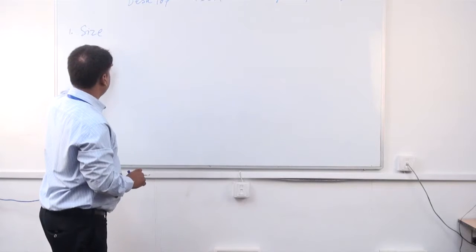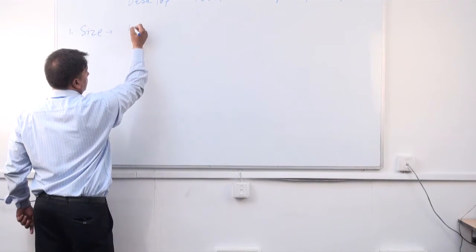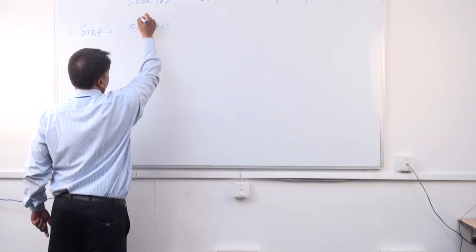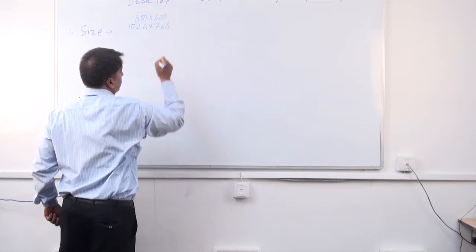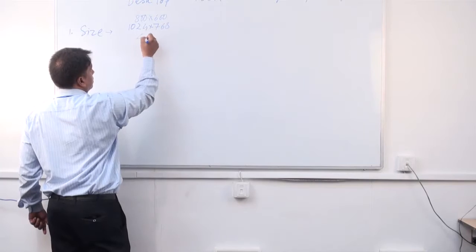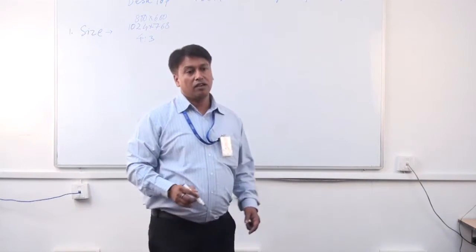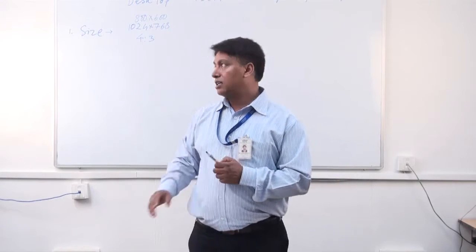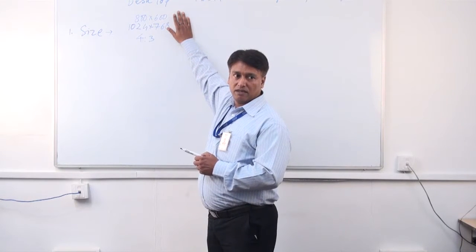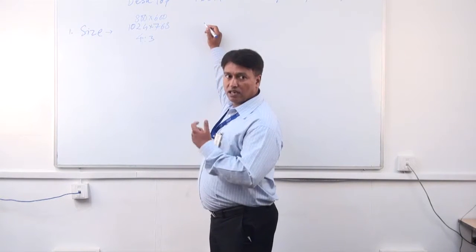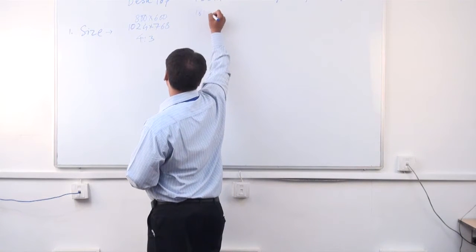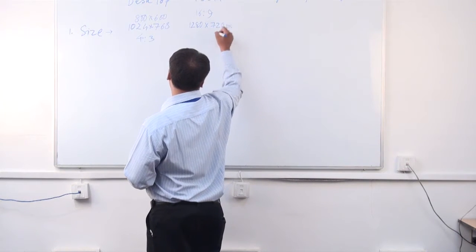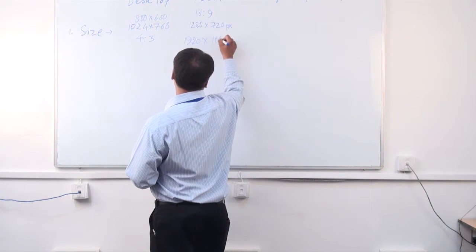So if we talk of sizes, desktop is either 1024 by 768, or 800 by 600. If you are designing a presentation in 4:3 ratio, these will be the dimensions. If you are designing your graphics for a presentation and your presentation is in 4:3 ratio, then your Photoshop graphics will be in this form. Now, if you are designing the graphics for a film, then it has to be in 16:9 ratio. So it will be either 1280 by 720 pixels or 1920 by 1080 pixels.